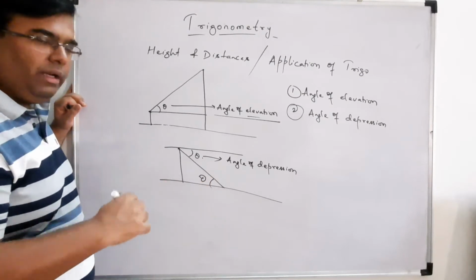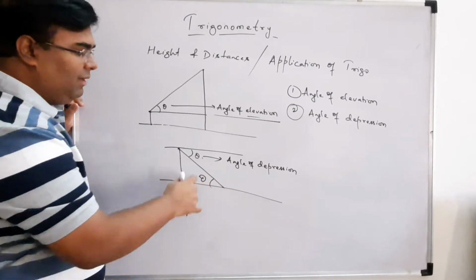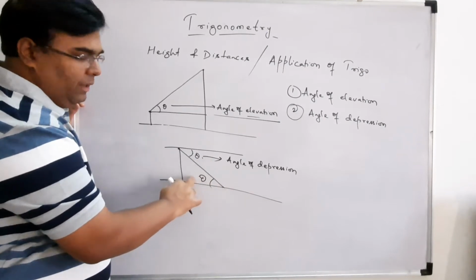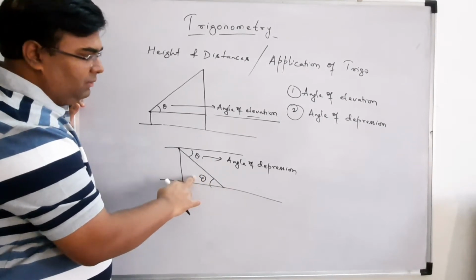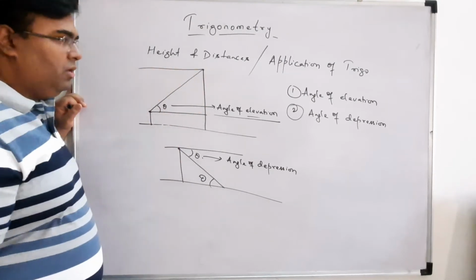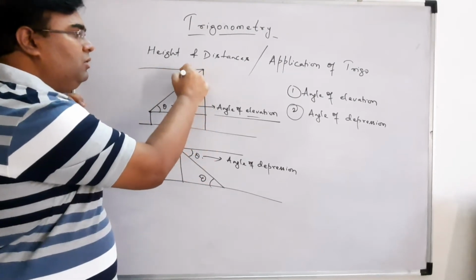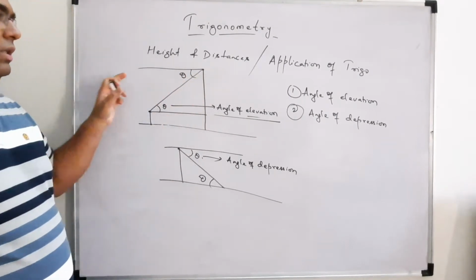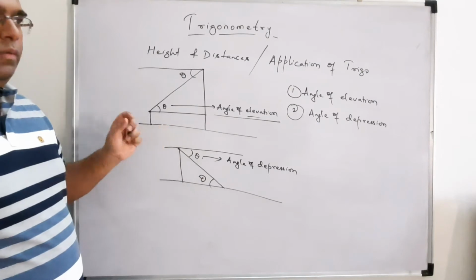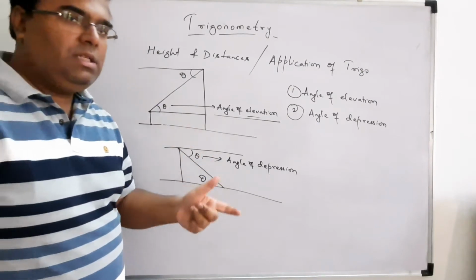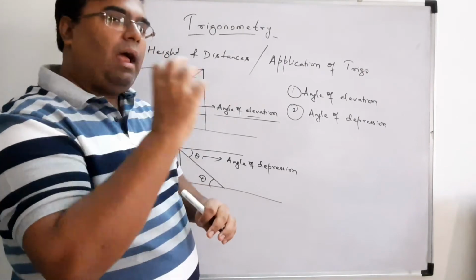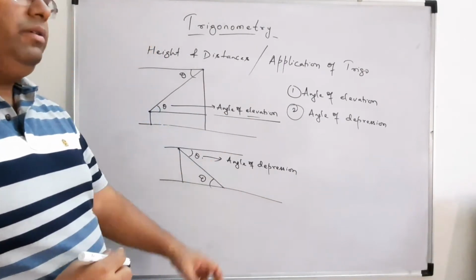While calculating and solving problems, we will use this concept that this angle of depression can be written here also, theta. We can do it similarly here. If you draw a horizontal line parallel to this, this is also theta. Using the alternate angle theorem, we can say these two angles are equal. Sometimes the angle of depression is given, sometimes the angle of elevation. We need to just use that angle in terms of trigonometry.